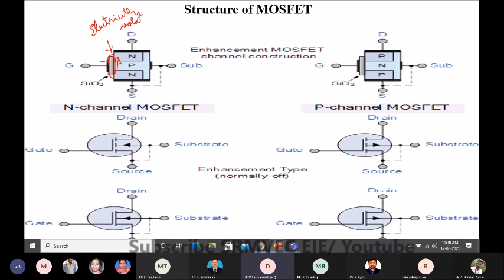Electrically isolated. So only we can call these MOSFET devices ideal switches, whereas the remaining things cannot be called ideal switches because there is always a connection. But this SiO2, due to this dielectric, is electrically isolated, so it makes the MOSFET act as an ideal switch. It can be used as an ideal switch, making the conduction by giving a control at the gate.